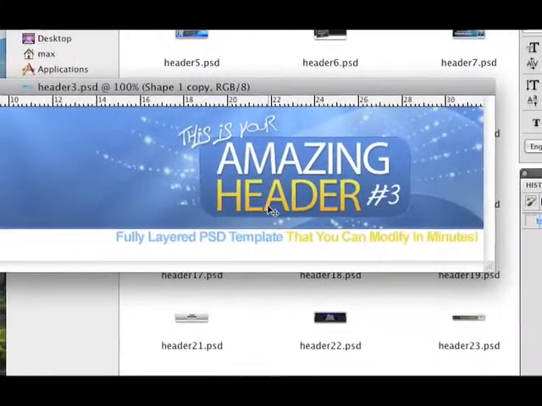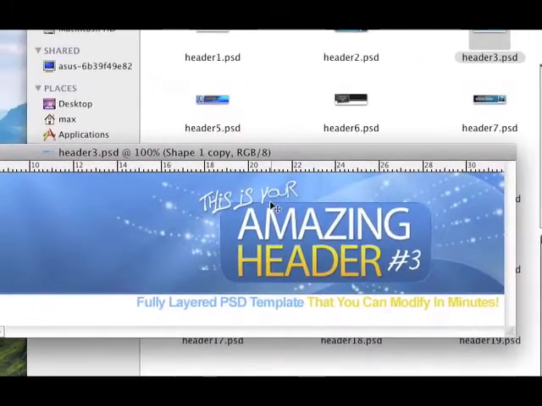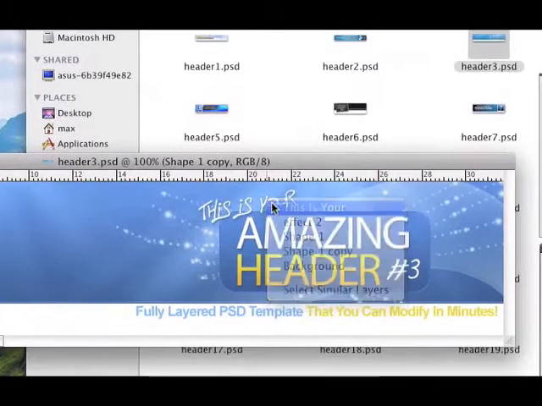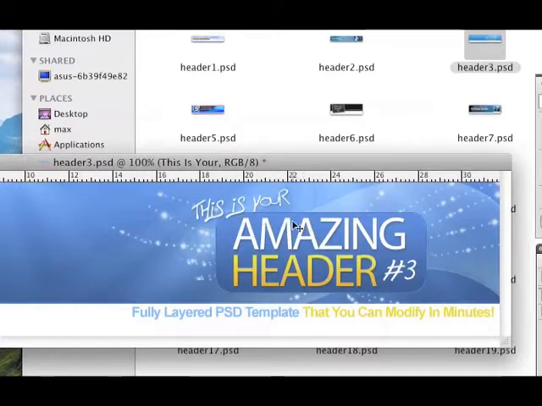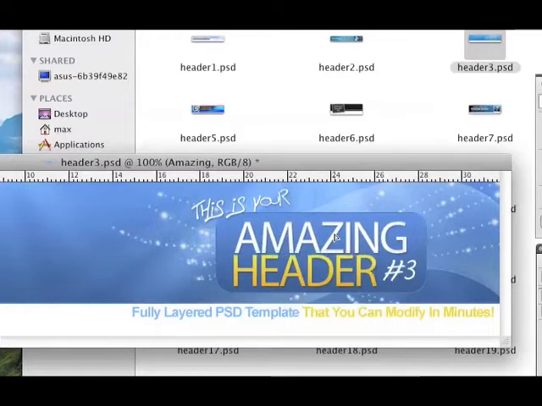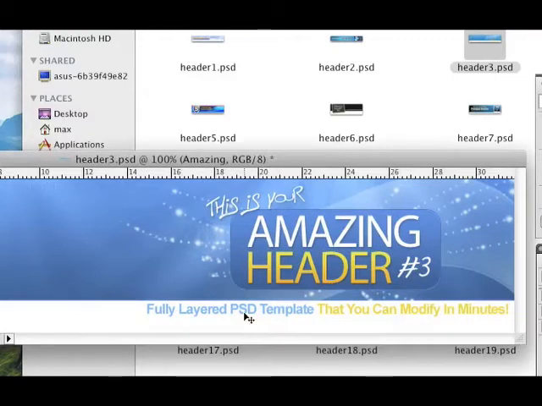First thing is let's edit some of this text here. Okay, everything that you see in the header, all of this text, could all be modified, it could all be moved around. All of this stuff comes in its own layer, and you can edit all of these things to your liking. So you can move all of these things around. If you want to add your own text, if you want to change this to say something that you want to say, like your website name, your product name,